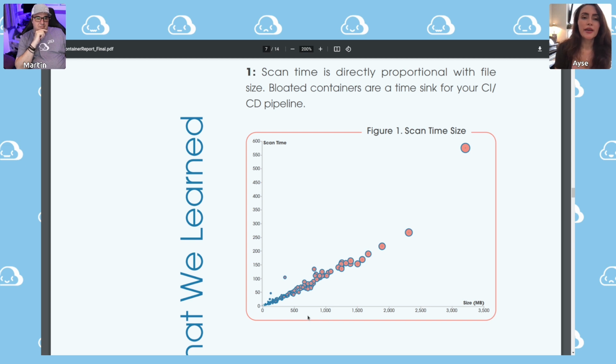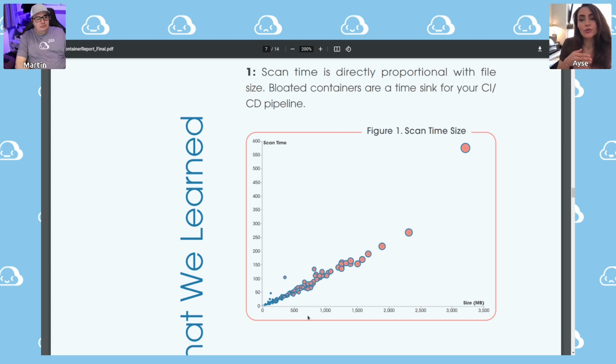It could be a function of complexity, the number of packages, permissions, licenses in there. But especially at the smaller size end of this graph, we are seeing a linear relationship: for every 500 megabits, we add another 50 seconds of scan time.